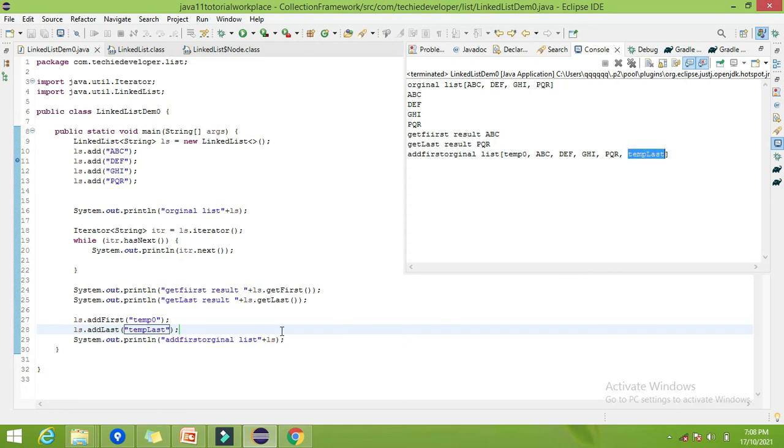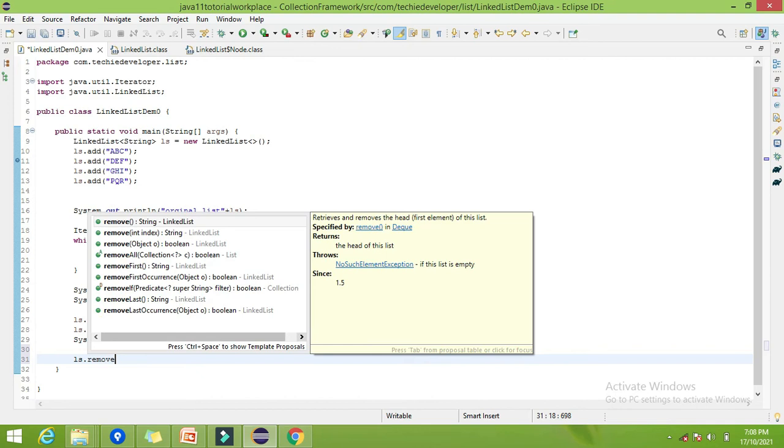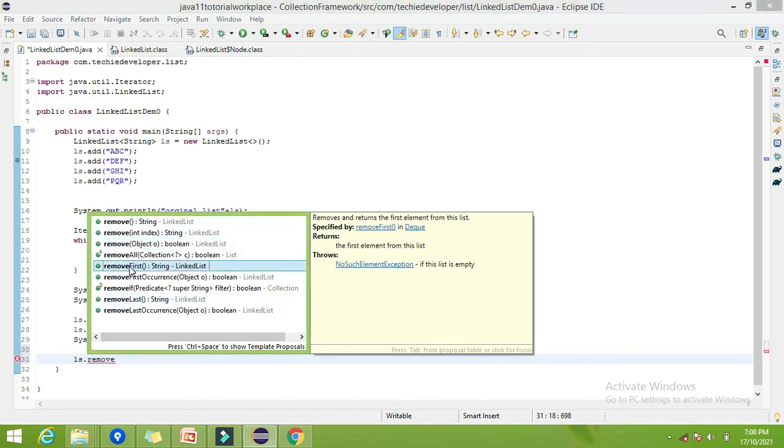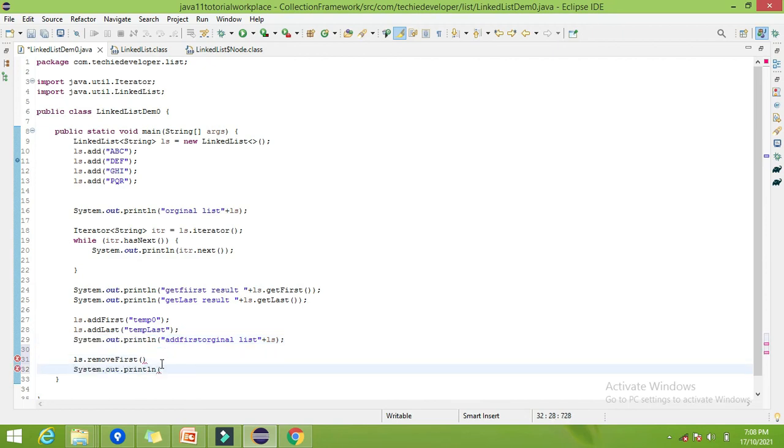Now let me try removeFirst and removeLast. ls.removeFirst. All these methods we have already covered. Now let me try to print the list, and let's give the name as ls.